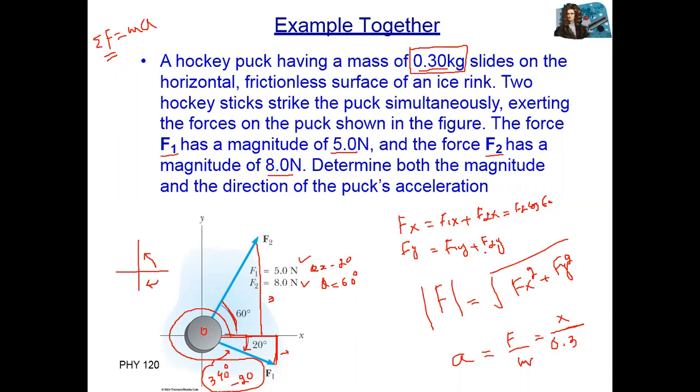So if we have the Fx component and Fy component, squaring these two will give you the magnitude of force. Let's suppose the magnitude of force is x, where x means any value. Then from the formula you can see that F is equal to ma, so a is equal to F divided by m. If you find F from this formula, this is x, and what is the value of m? M is also given in this question, in the first line you can see 0.3. So x divided by 0.3 is the value of acceleration. Correct?